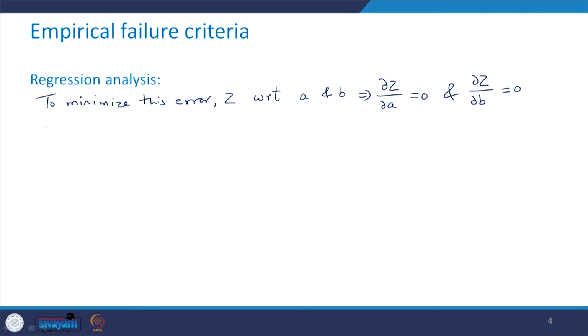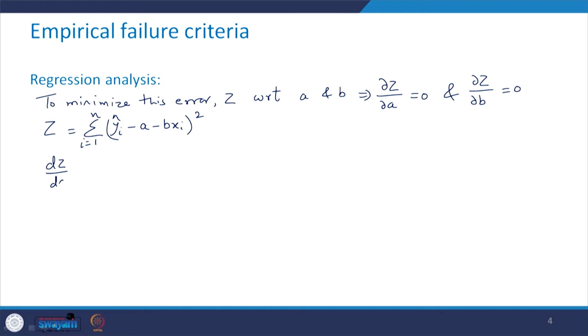Now differentiate it. So what was the expression for z? First let us write that for our ready reference here: summation i equal to 1 to n, (yi cap minus a minus b xi) whole square. This was our z. Now just differentiate it with respect to a. So what we are going to get is